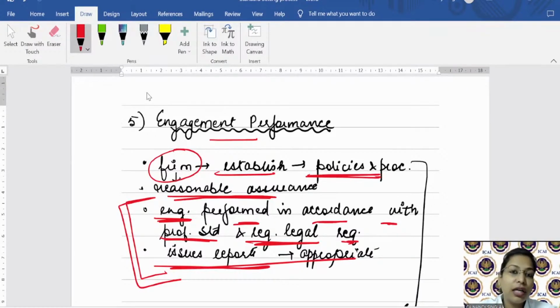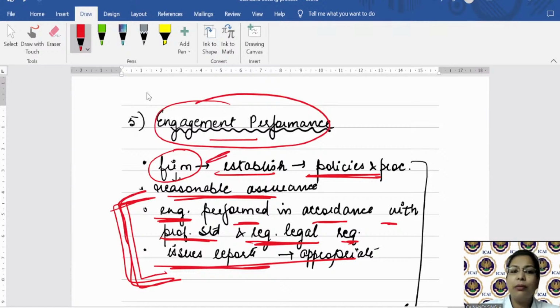Somewhere or other you need to learn, somewhere or other you need to be a smart learner. ये आपको पता है, ये lines repeat हो रही हैं, so devote your time in this ना. ठीक है. So engagement performance में क्या है,